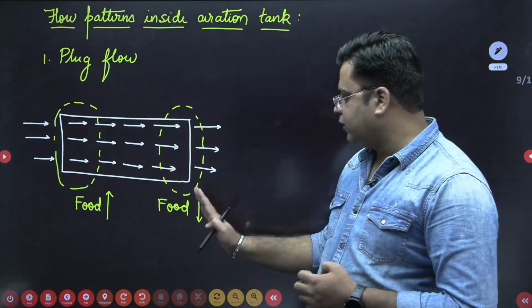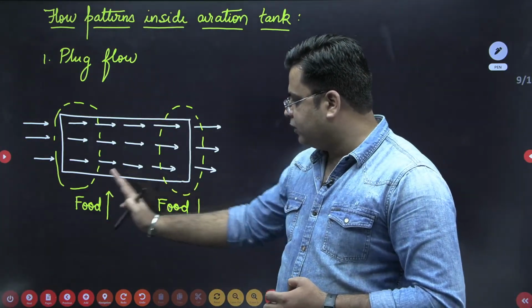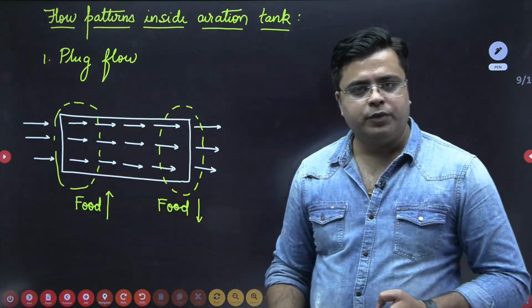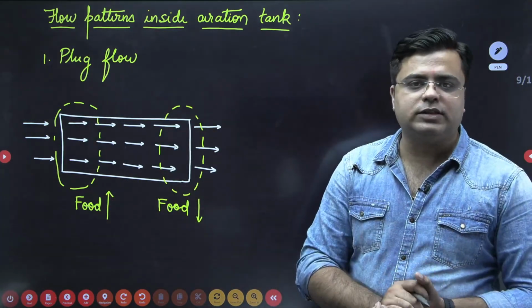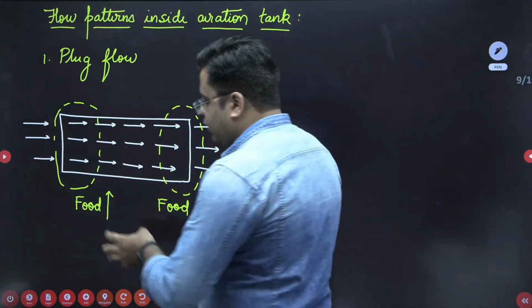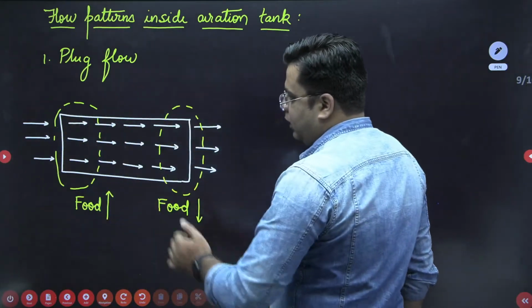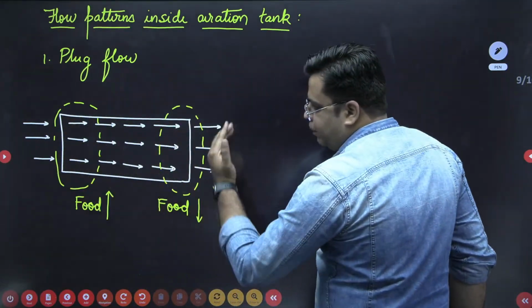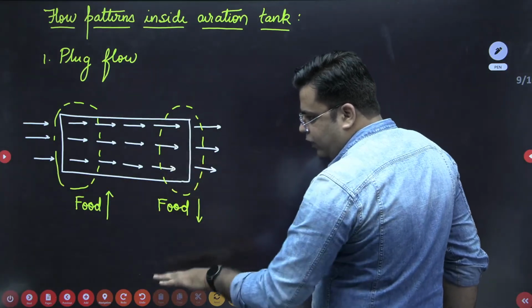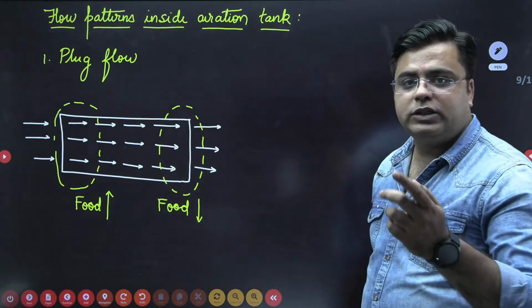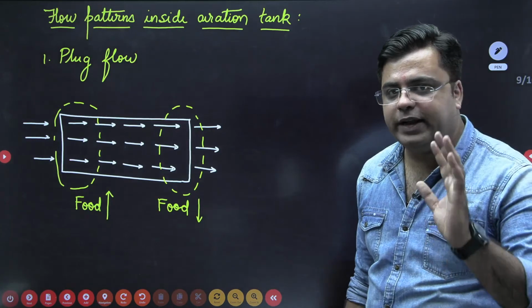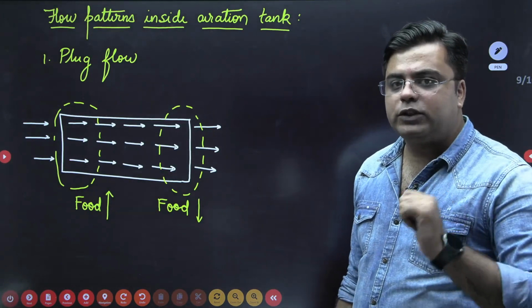So we will observe this just by observing the quantity of food. In the initial part of this flow pattern, the quantity of food is more. In the later part, the quantity of food will decrease because decomposition of organic matter has already taken place. Due to which what is observed